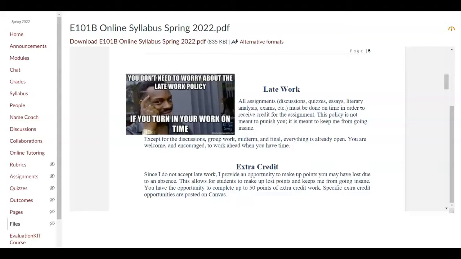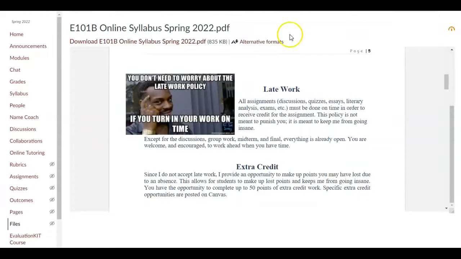Remember that everything is due by 11:55 p.m. on the due date. So if you have trouble with something or you have an error message that Canvas is giving you, then I will accept it, but you have to take a screenshot of the error message and you have to get your assignment to me still before the deadline. If you are waiting until the last minute and Canvas doesn't accept your assignment because you have missed the deadline, I will not accept your assignment. So I can't stress this enough. Work ahead when you can.